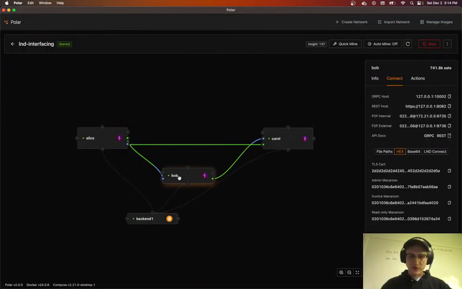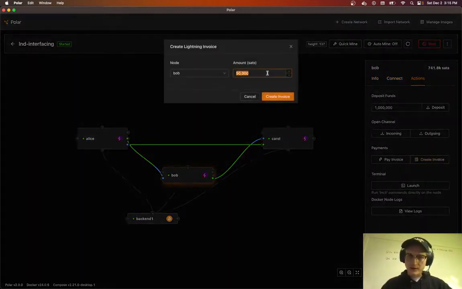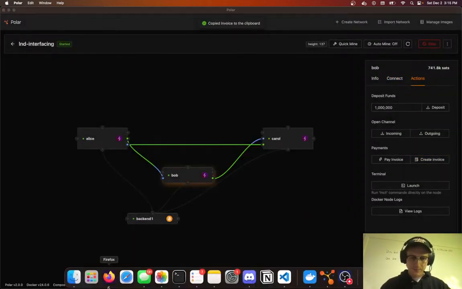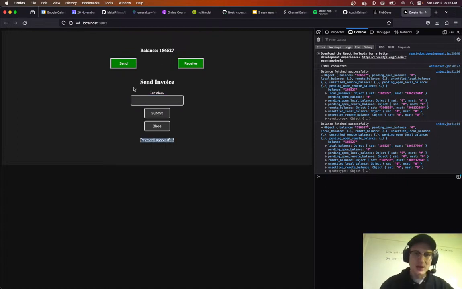So let's send a payment first. Let's have Bob over here. Bob will create an invoice for, let's say, 69 sats. And then we can go and send, paste in the invoice here from Alice of 69, submit it. It says payment successful. And now for the balance to refresh, I actually need to refresh the page, but we